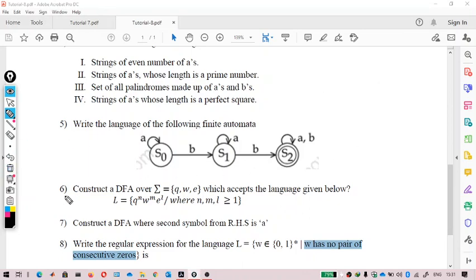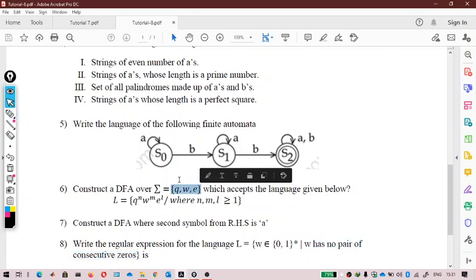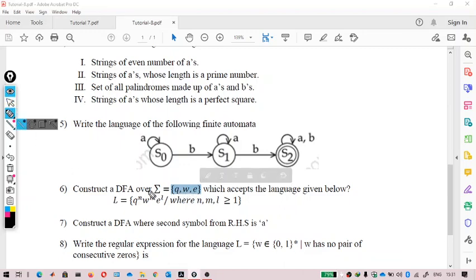Okay, so now the sixth question is again based on the same thing. Only I've changed the variable here. You can see that this question belongs to the third or fourth tutorial. You have done it. The only difference is that the input symbols are given as three input symbols. So if you're designing a DFA, for a particular state you have to see the output on Q, W, and E. Only the variable is changed, and this question is done before. In a similar way, this question is also done before. So I think you can easily do this one also. If this question is done in the class lecture, you can revise it.